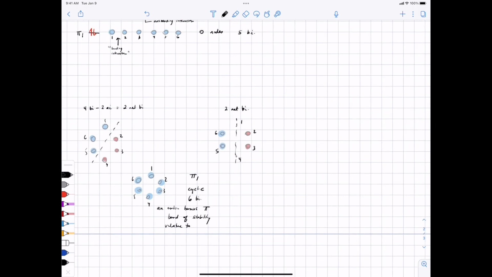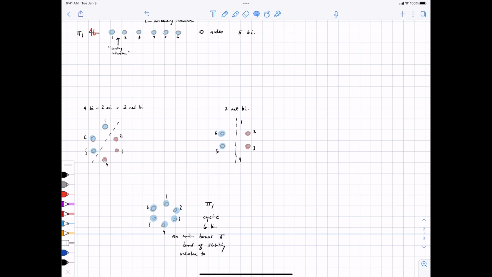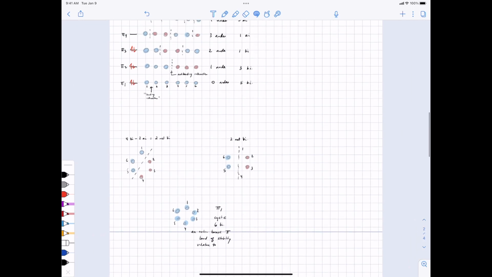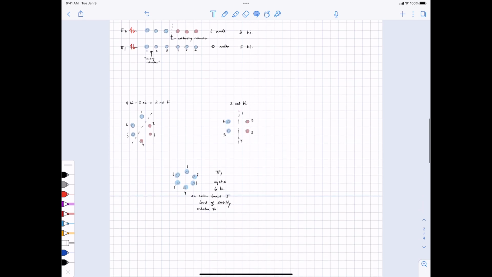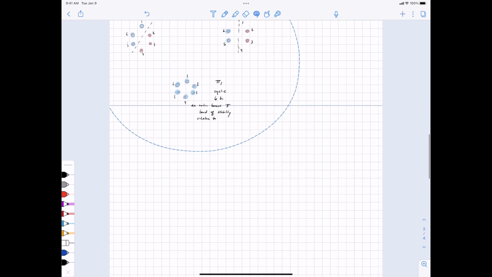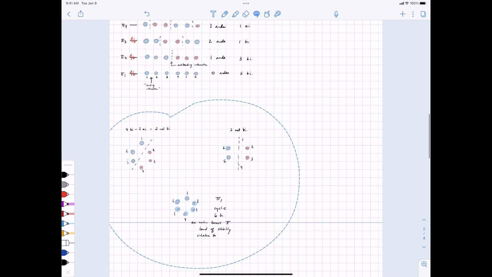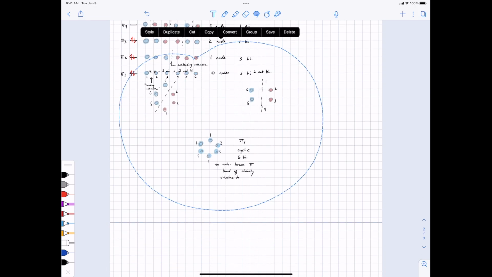Okay? So that means that in benzene we have one lowest energy orbital. That's the one that's cyclic. Sorry, that's the one where there are no nodes. Everything is on, sorry, there's something on my